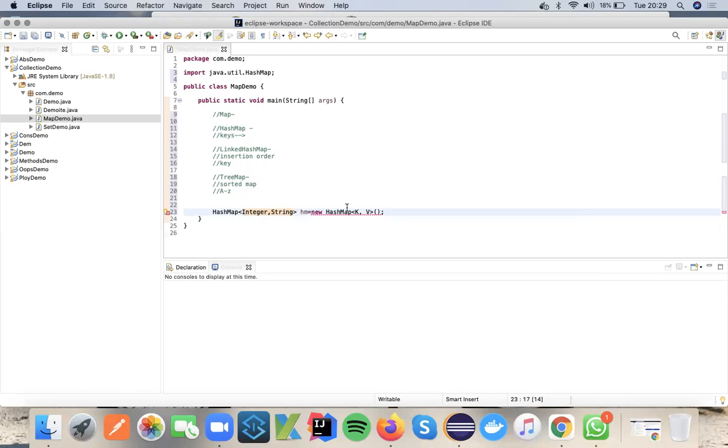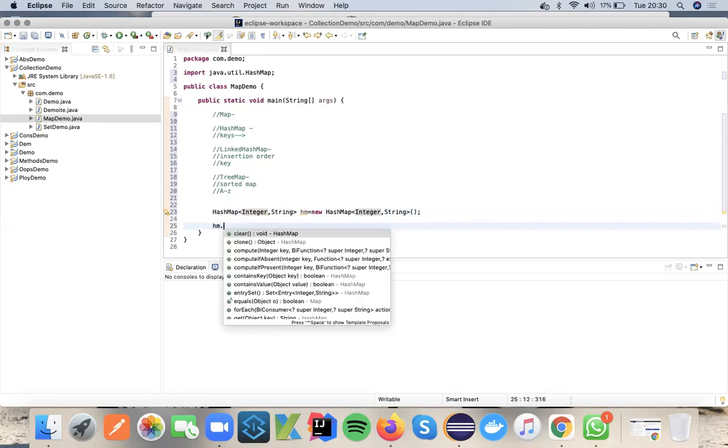I will tell you why I have used these two types here. You can use Integer, String, Boolean, anything. The only thing is, when you store, the first one will be considered as the key, and the second one will be considered as the value.